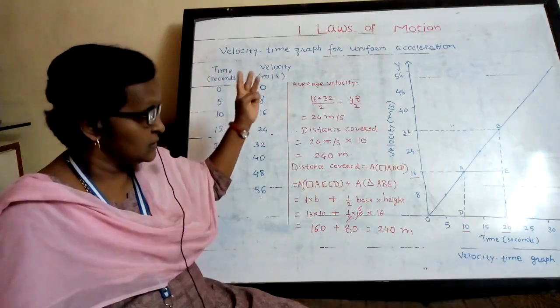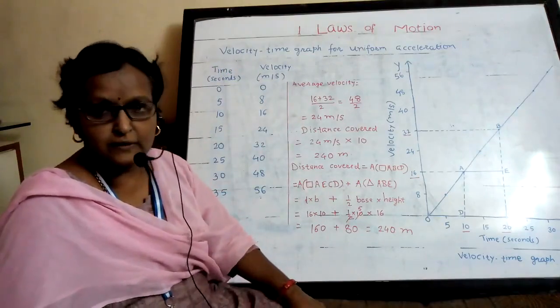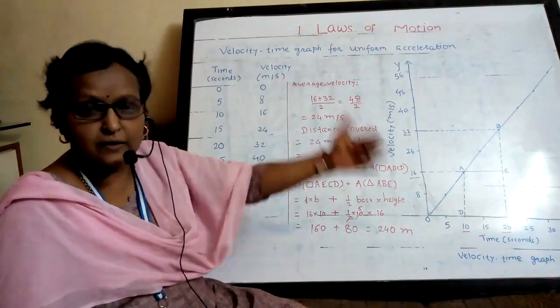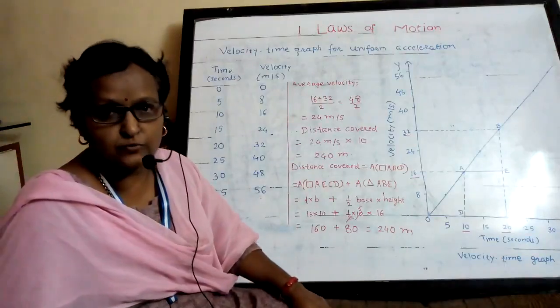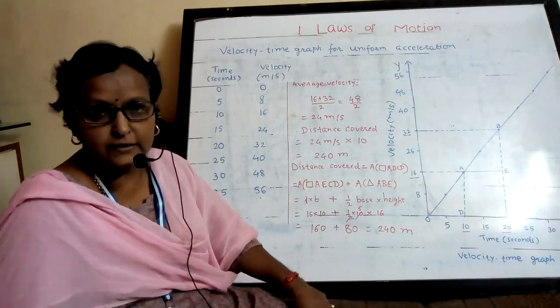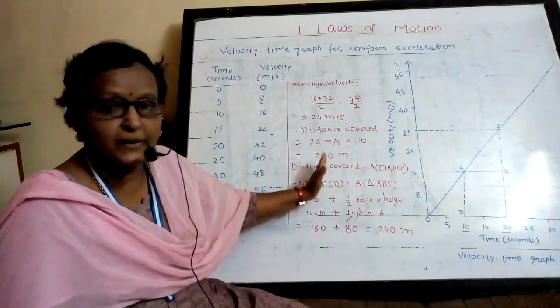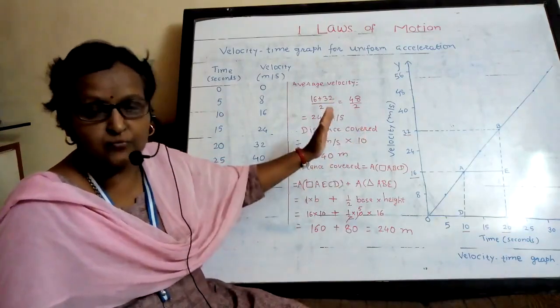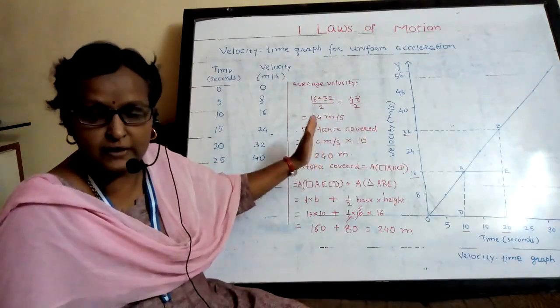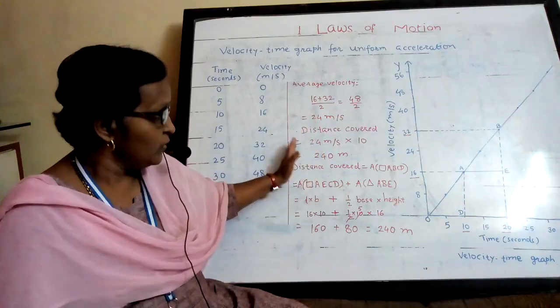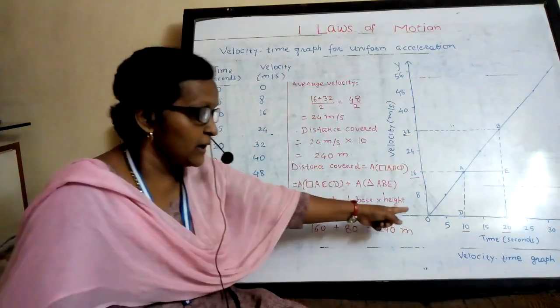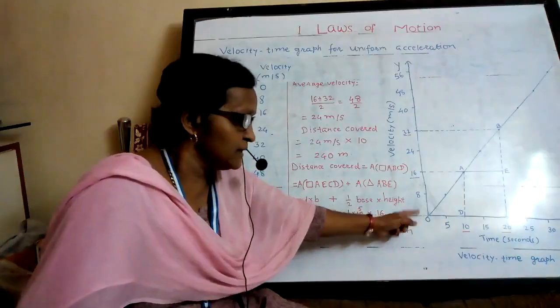So three graphs up till now we have seen. This is the base for the equations which we are going to study in the next periods. So this is the base for deriving the expressions or the equations of motion. Now how the graph is shown, we can study here.